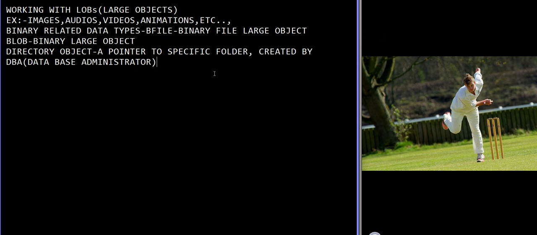So that is about the directory object. By using BLOB and BFILE we can insert images, audios, videos, and large objects in the table. So that's it about working with LOBs. We have another topic,